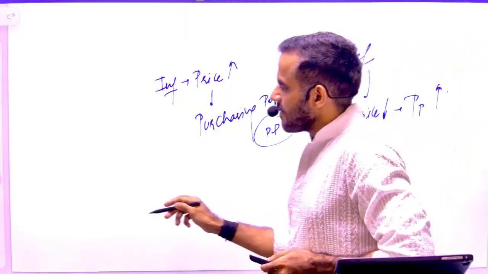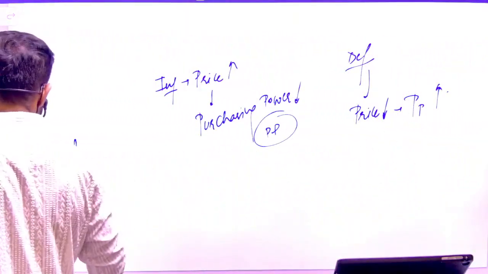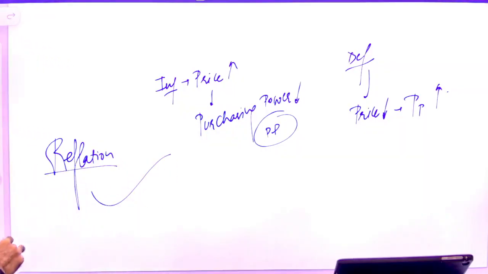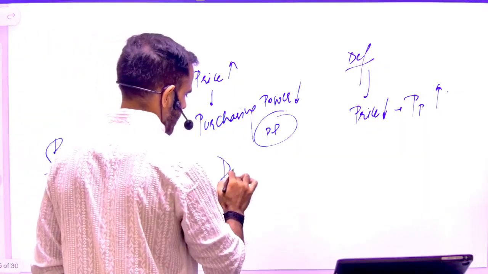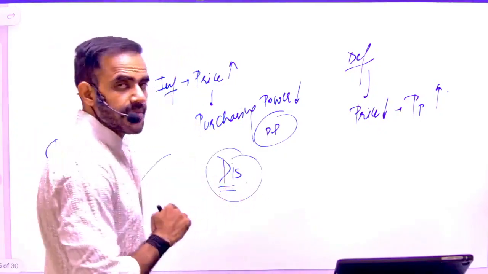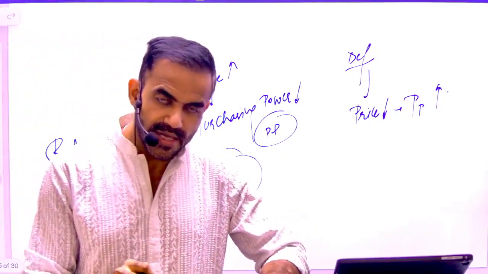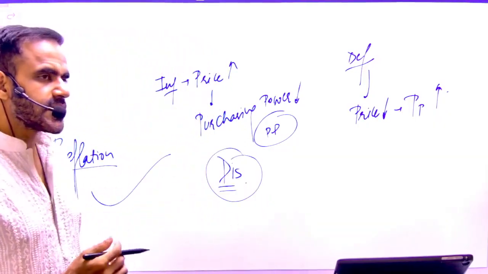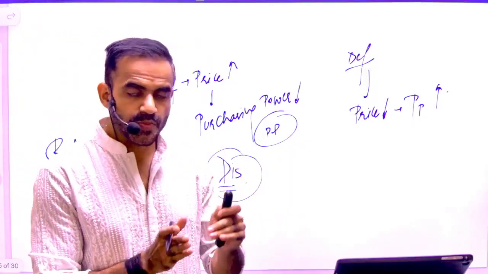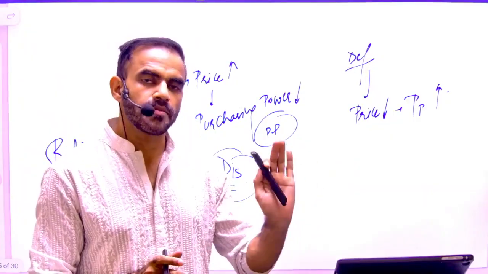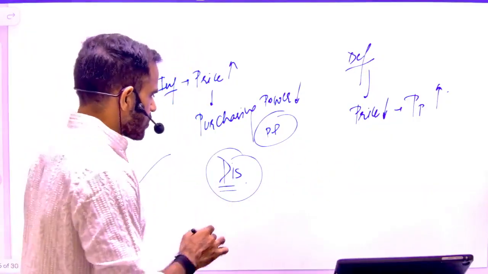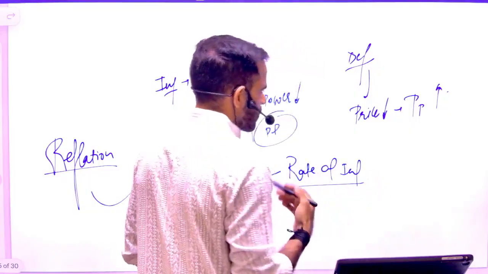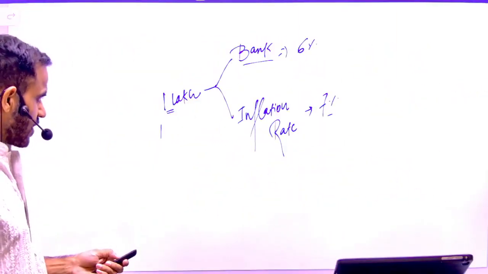And then there is reflation. What is reflation? Reflation, in a very simple sense, means the price has gone up after a downfall. And then there is disinflation. In case of disinflation, please remember, inflation is there, but the rate of inflation has gone down. Rate of inflation simply means the speed of price rise has slowed down, but the price is still rising. So this is related to the rate of inflation. Now understand one more simple thing. So we have covered this part.